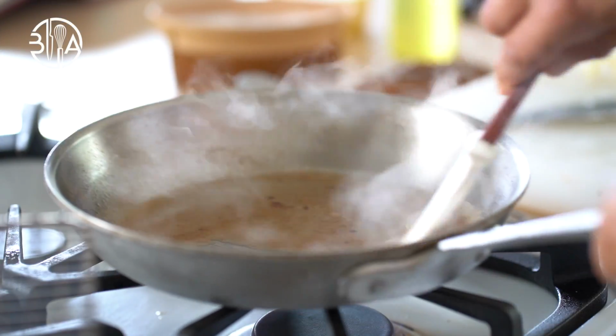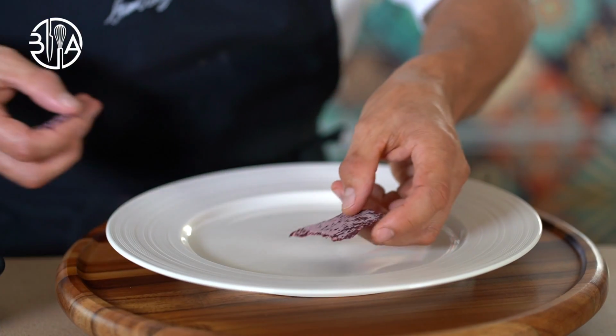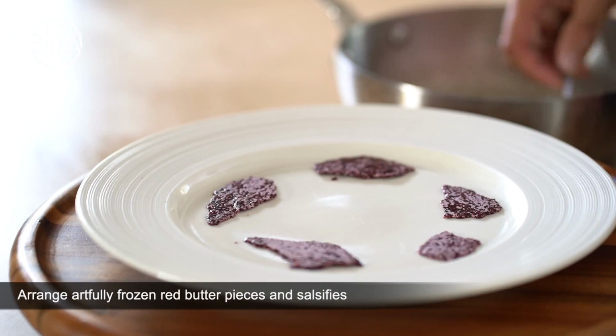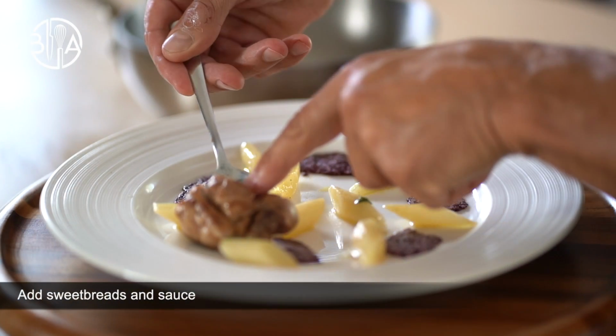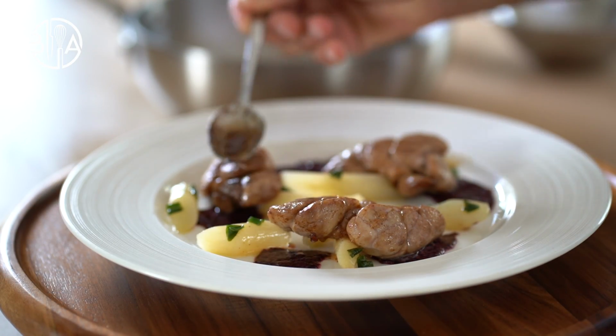Let's do now plating. So arrange artfully frozen red butter pieces, just about 5, it's perfect. Add the salsify and top with the meat and the sauce. Gorgeous dish, isn't it? The following sweetbreads entree idea is gonna focus more on vegetables, and I would like to